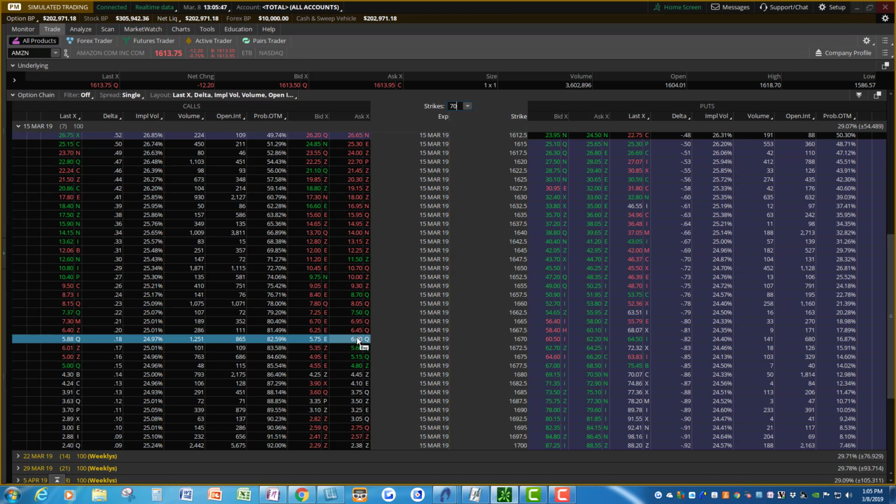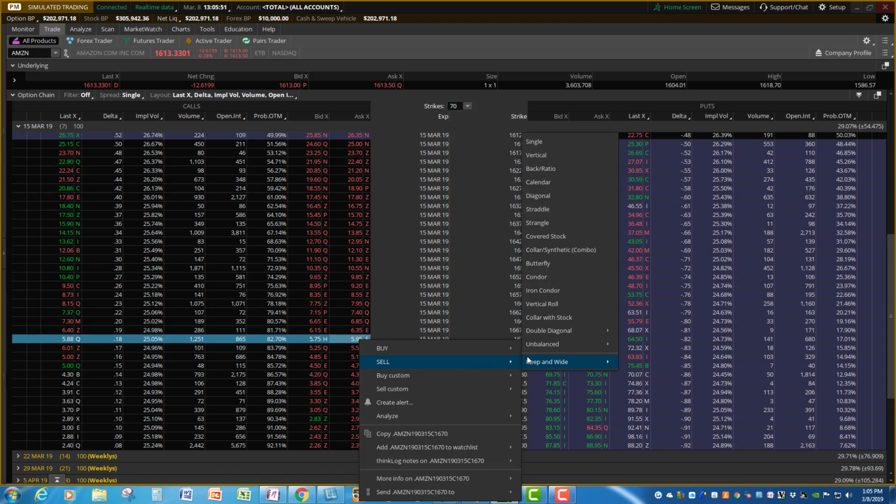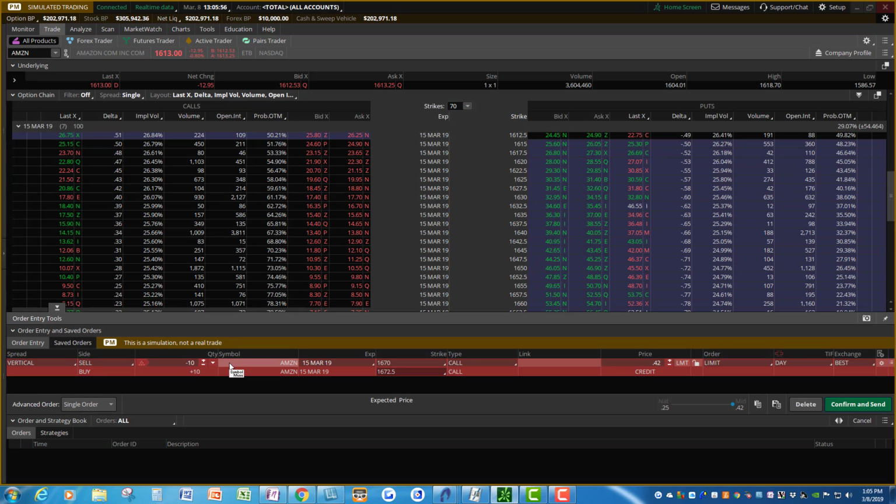All right. So again, we're just going to go ahead and right click it. We're going to sell the vertical. We'll go ahead and sell 10, and we're going to make this a 5 wide strike. So we're going to change this, making sure that we're at 16.75. And you can see here that we're at 80 cents. So in order to make sure that we're filled, I'm going to move it down a few cents here just to make sure we get filled for our demonstration purposes.